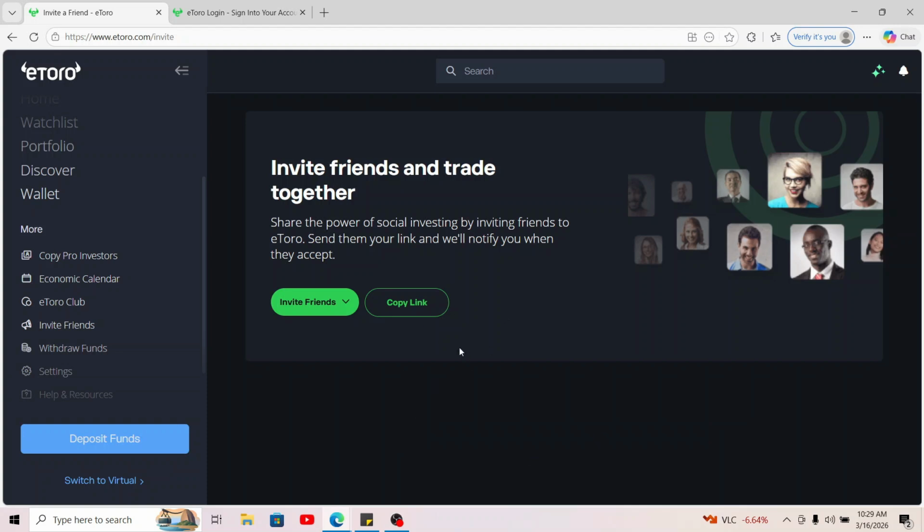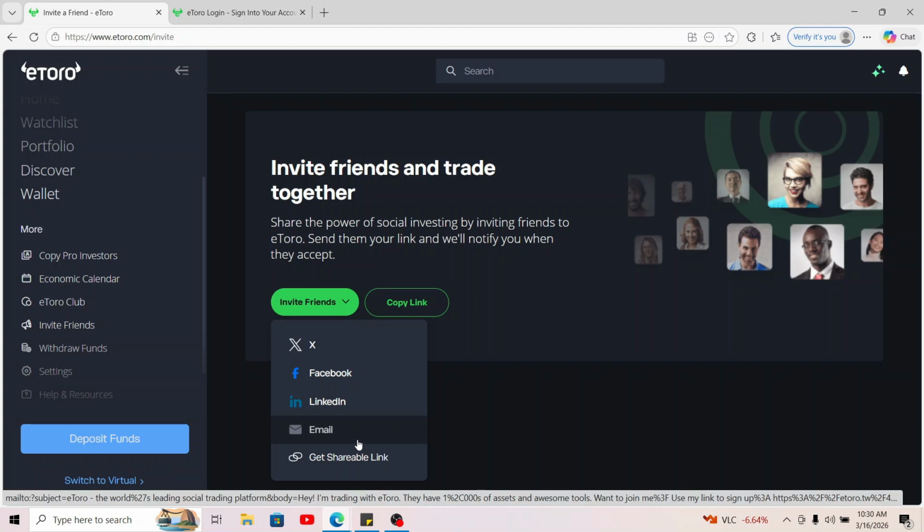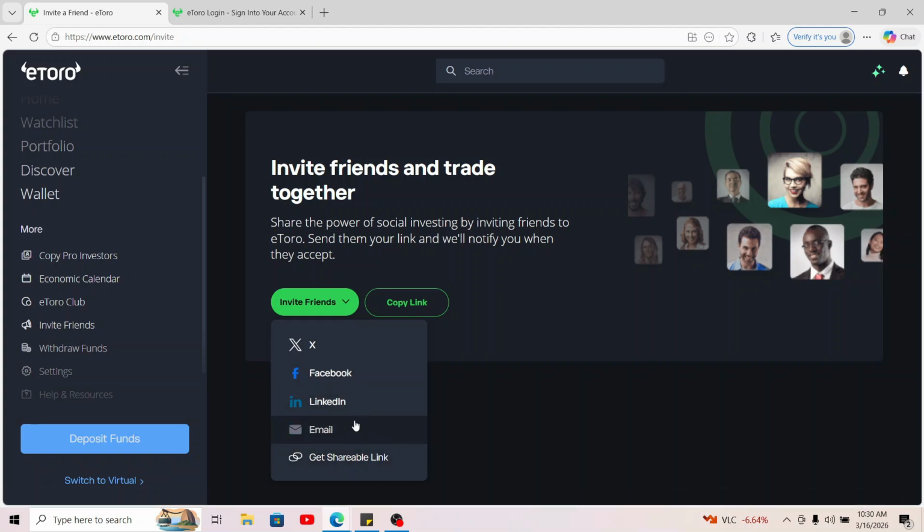Once you have this link copied, you can go ahead and share it via email, social media, or messaging application, and choose the friend you want to invite. You can also use the other button that says Invite Friends and then select the social media platform from where you want to add friends or share your invite link with. You just need to find your contact after selecting one of these social media applications and